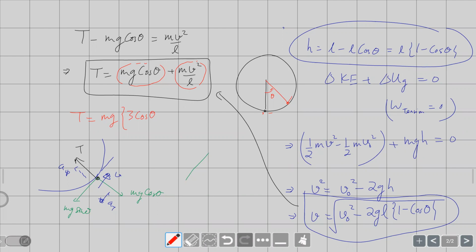minus 2 plus V naught square. Just substitute the value of V square from this thing. You'll understand how we get it. m by l into its square. So we have m V naught square by l minus 2 mgl plus 2 mgl cos theta. And already one more mg cos theta. Okay, so it's becoming 3 cos theta minus 2 this term with mg, and this term m V naught square by l. Okay, so this is seen as a function of theta.